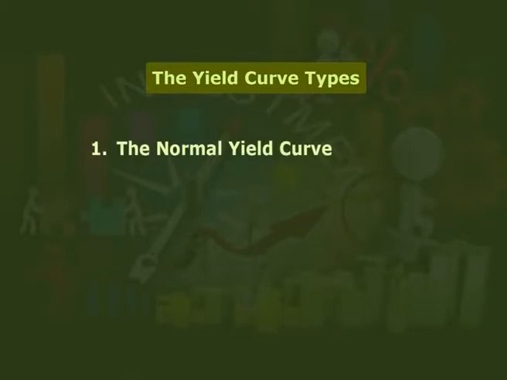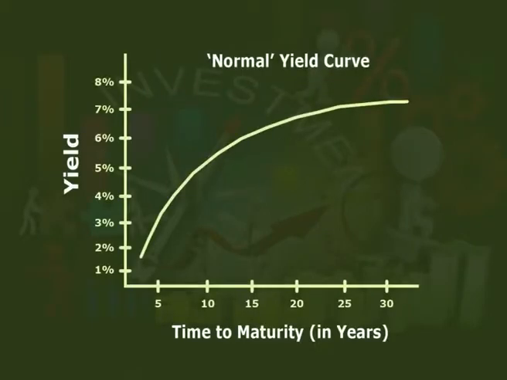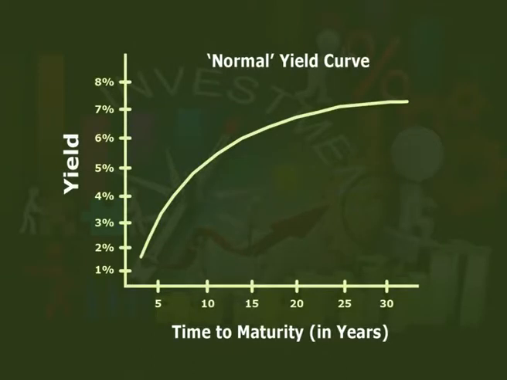Number 1, the normal yield curve. A normal yield curve is upward sloping, showing all the yields earned at different durations of the bonds. The curve also reflects the fact that a bond with a longer maturity pays a higher yield than the same bond which matures early. The yield curve is upward sloping the majority of the times, so it is also known as a normal YTM. Thus, the yield curve majorly is in the shape of a normal upward sloping curve as depicted in the picture.